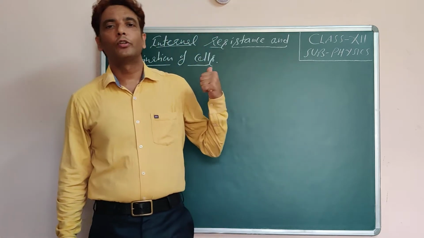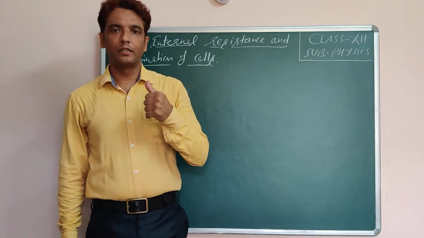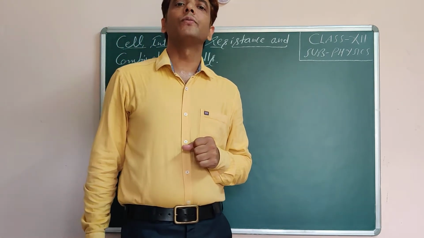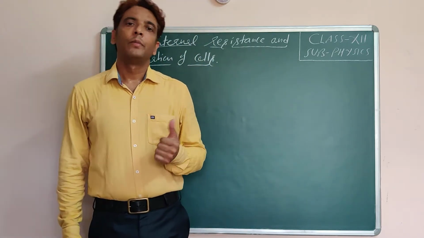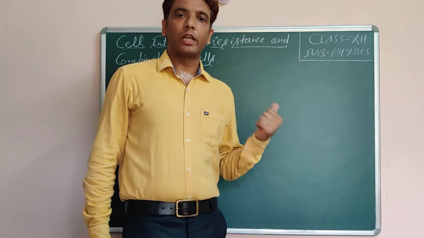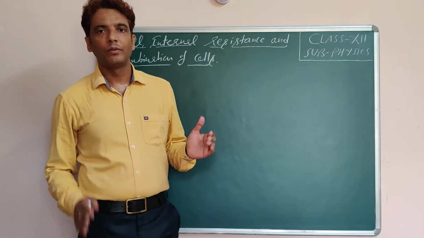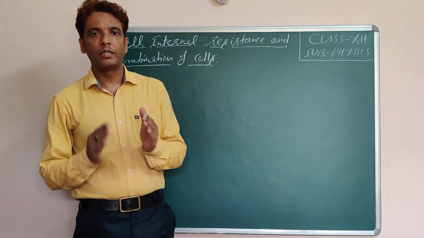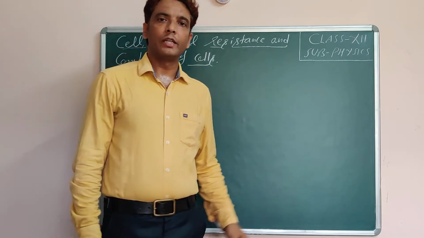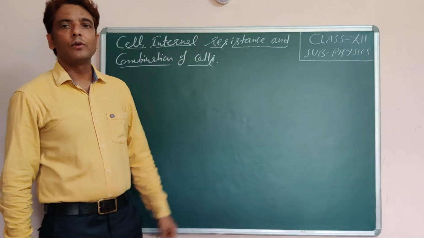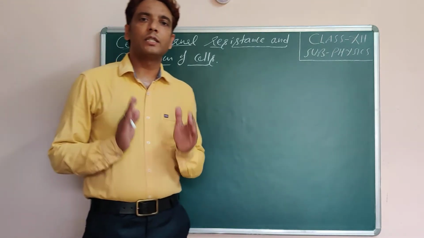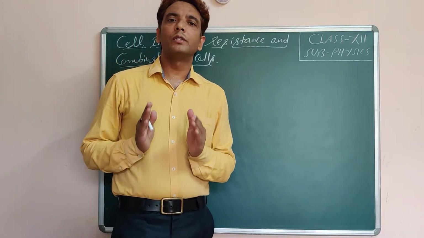Today I am going to start the topic cell, its internal resistance and combination of cells. A cell is a device which converts chemical energy into electric energy. It consists of electrodes and electrolyte contained in some container. The internal resistance of a cell is the resistance offered by the material of the cell to the flow